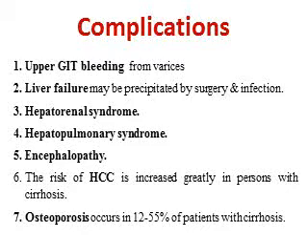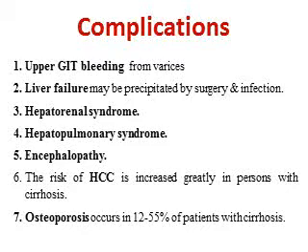What about the complications of cirrhosis? It may lead to, number one, upper GIT bleeding, which is presented by hematemesis or melena. It is due to bleeding from varices. Liver cell failure, which is very important, could be precipitated by diarrhea, chest infection, spontaneous bacterial peritonitis, surgery, hypokalemia, and the excessive tapping of the ascitic fluid.